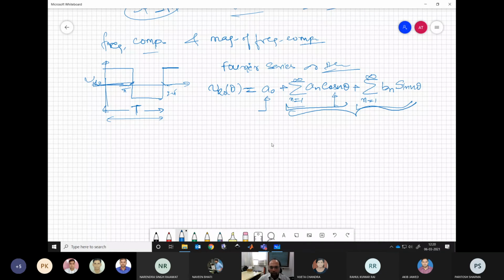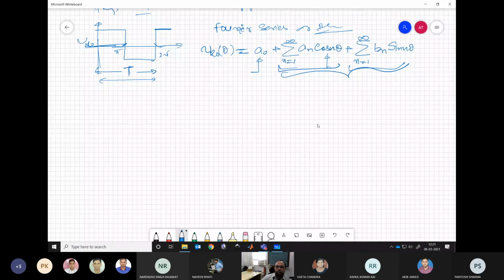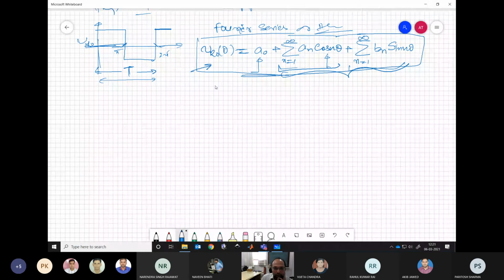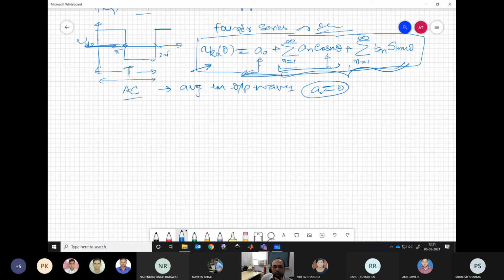Now we need to know what exactly we are feeding in the machine. This is the Fourier analysis that we are going to use for some part of this lecture to understand what we are feeding in our motor or in our load. Now this A naught is basically the DC component, which means the average value of this waveform. For most cases, because we are ensuring that it is AC, we do not intentionally generate any average value in the output waveform. So for all the waveforms, we will ensure that this DC component is 0.